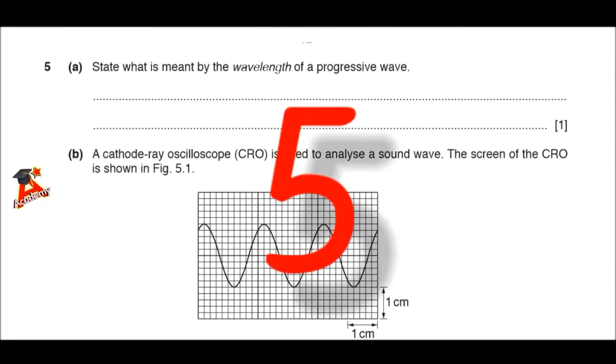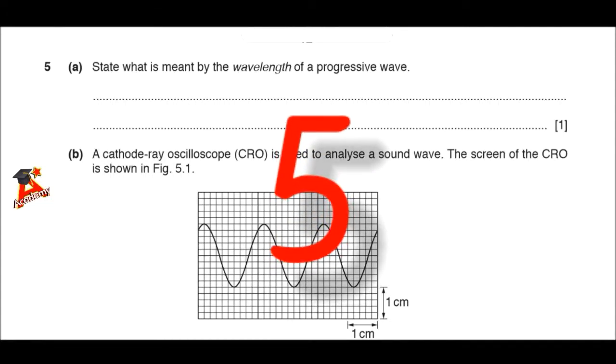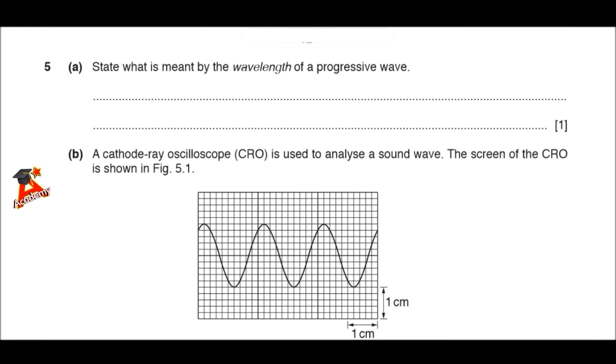The wavelength of a progressive wave. The wavelength of a progressive wave is the distance between any two adjacent wave fronts. Distance between two adjacent wave fronts. That's the wavelength. So we can write